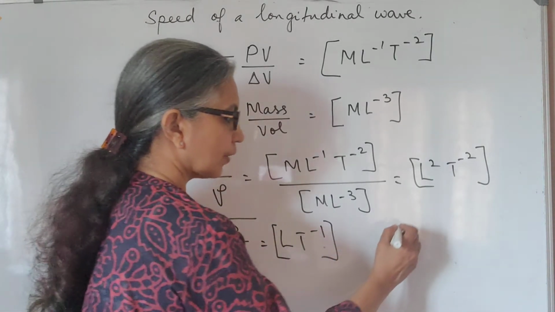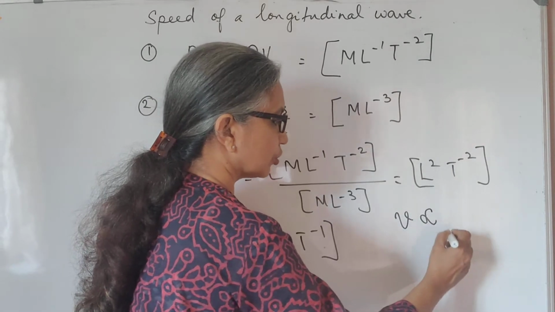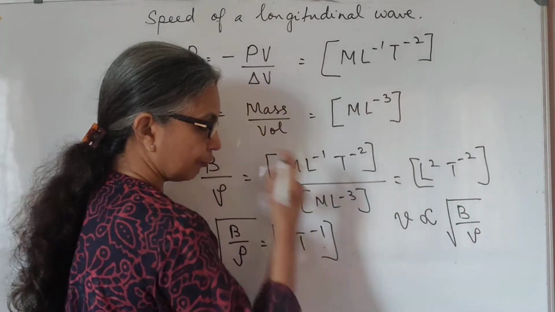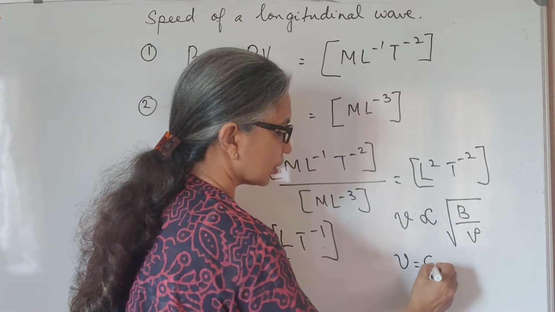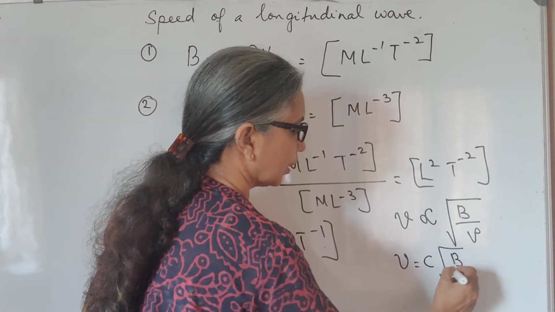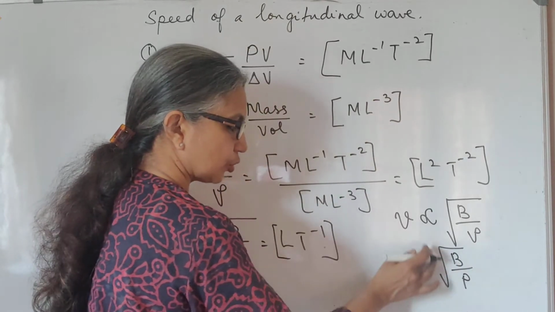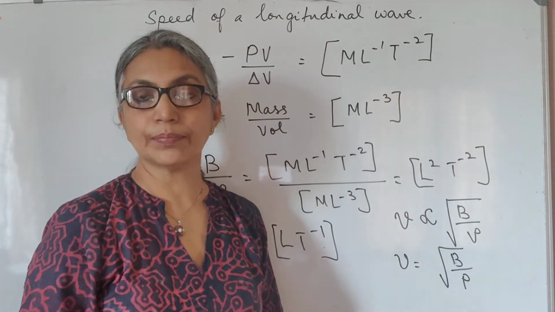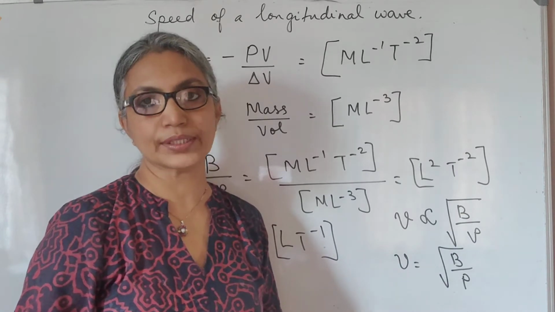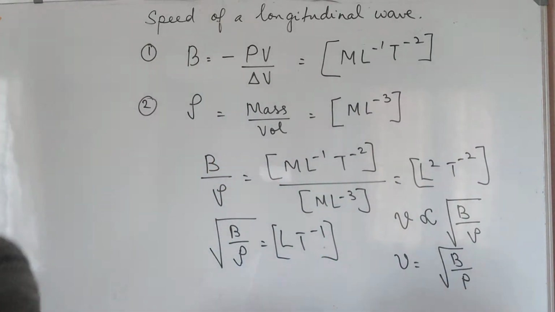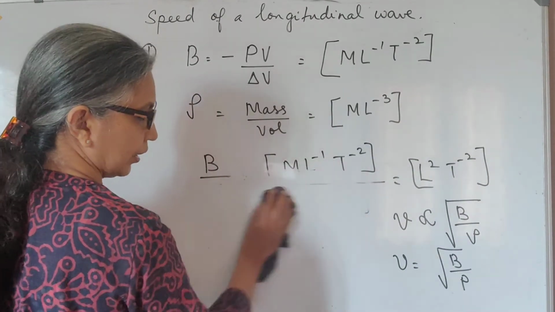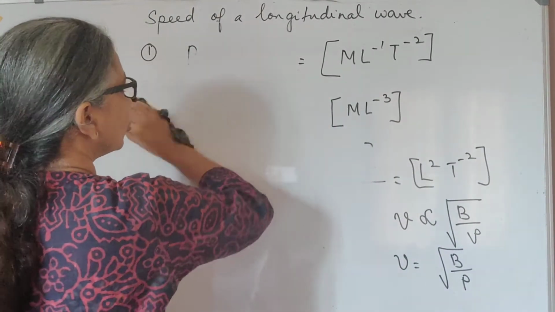So we may conclude that the velocity is directly proportional to root of B by rho, or V is equal to a constant into root of B by rho. The constant is determined as unity. So we have V equal to root of B by rho, where B is the bulk modulus of the medium and rho is the density. Now, if you're looking at the velocity of, let's say, sound in air,